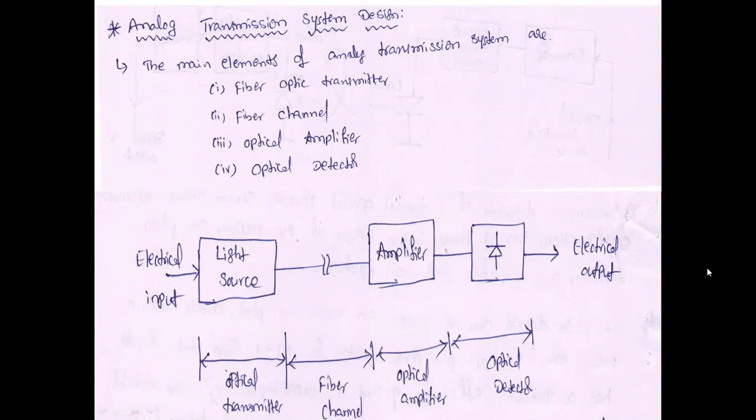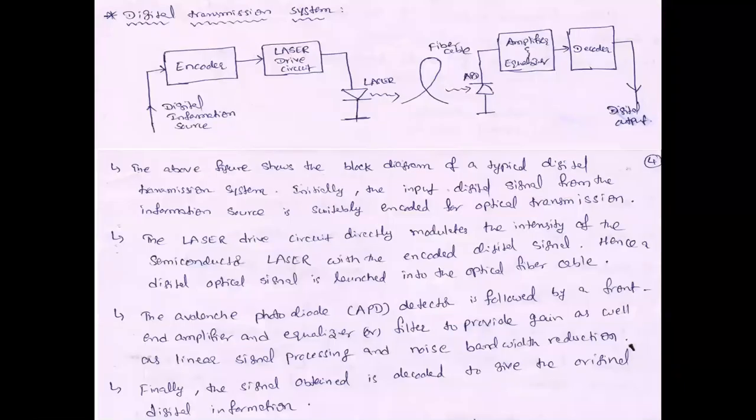Right. Similarly, we are going for the digital transmission system design. What is the difference between analog and digital transmission systems? It is based on the shape of the signal. In a digital transmission system, signals are in terms of zeros and ones. See this one, the digital transmission system. The input of the transmission section is a digital information source, given in terms of zeros and ones. Before transmission, we go for encoding. What is meant by encoding? Encoding is nothing but encoding the original signal for security purposes.